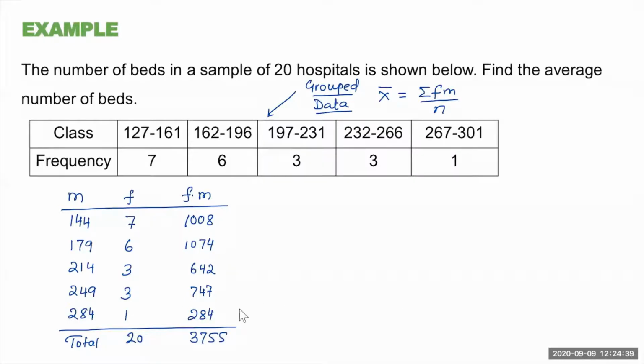Now we are going to use our formula. So we have the mean given by the formula, sum of F times M divided by N. Sum of F times M, if you multiply all these and add, it is 3,755. And you are dividing this by the total. Total is 20. Now if you simplify that, 3,755 over 20, it is